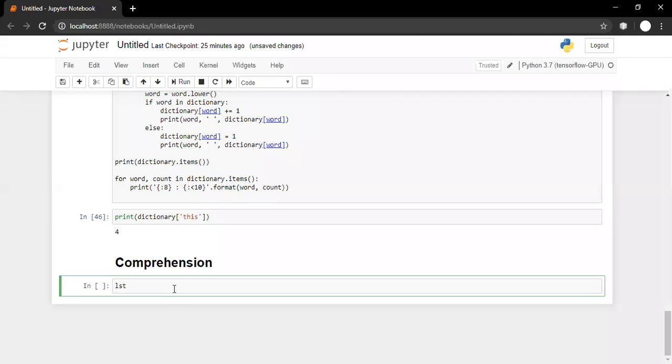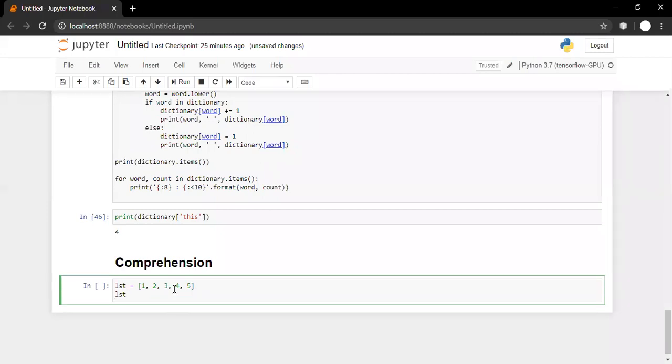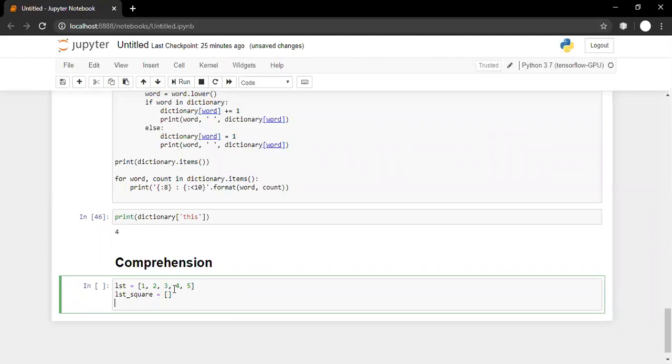So first we'll check how comprehension is internally implemented. Let us say I have a list of 5 elements, 1, 2, 3, 4, 5. What I want to do is calculate the square of every number and store it in another list, let's say lst_square, which is initially a blank list.